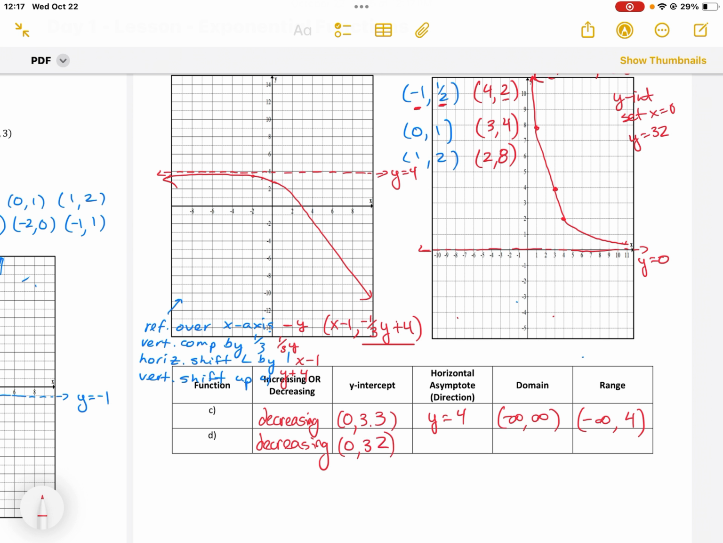My y-intercept I can calculate by putting in x equals 0 into my function. My horizontal asymptote is 0, matches the vertical shift. My domain is from -infinity to infinity, and then the range goes from my asymptote